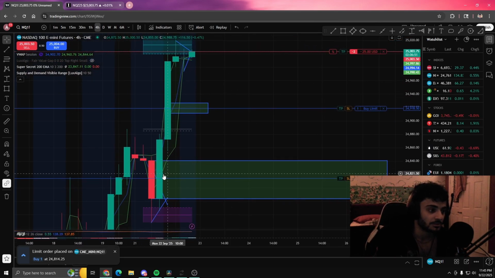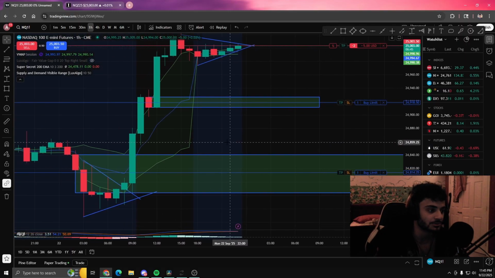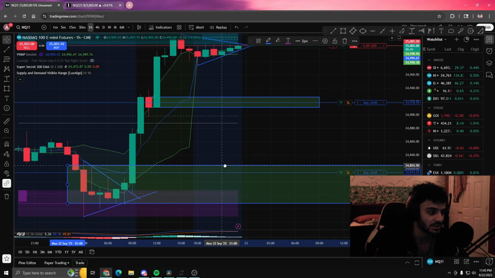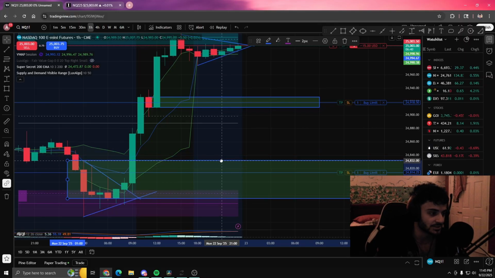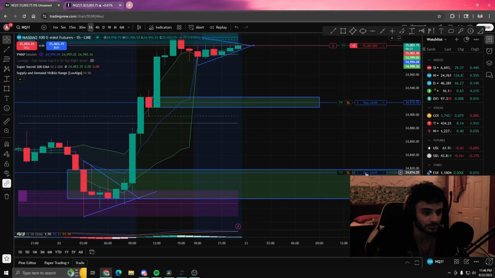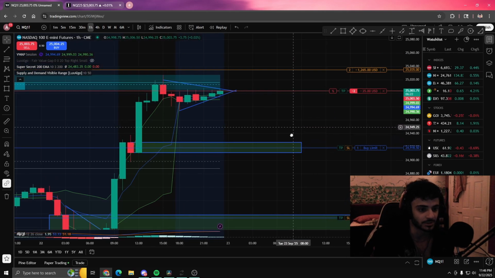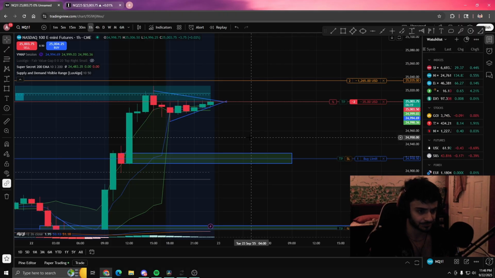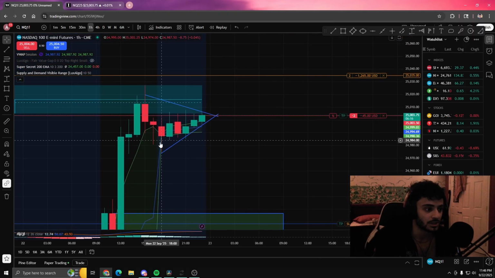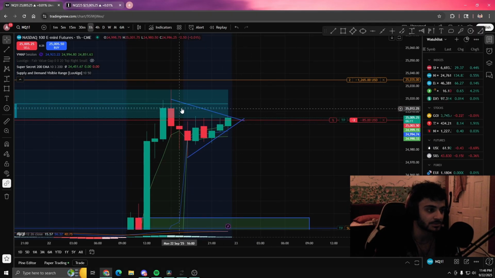So 4 hours really good for marking out zones, right? And then basically what I like to do is I like to go into the 1 hour to further refine my zones. Like for example here, I would probably set this zone. Actually this one I don't really need to change it much, but maybe I'll move this to here for example, which is good enough. I'll leave it right there. But it's really good for setting zones. Like right here, I focus this one up right into the demand zone. It's also good for trying to spot possible setups here. For example, I saw this squeeze setup,